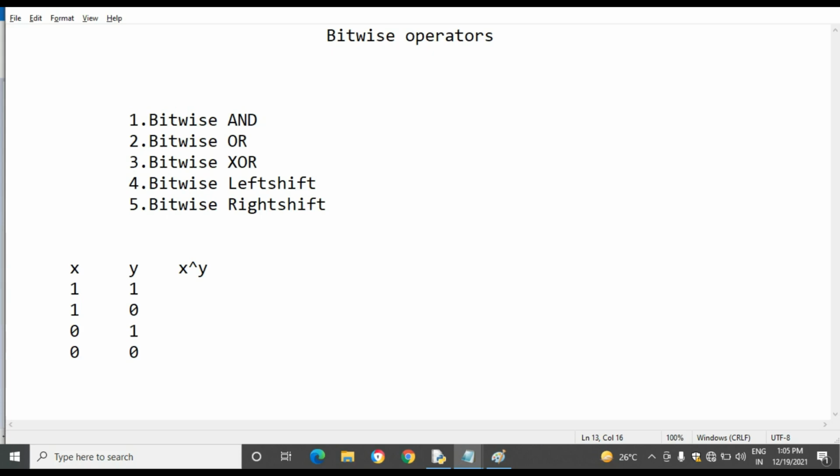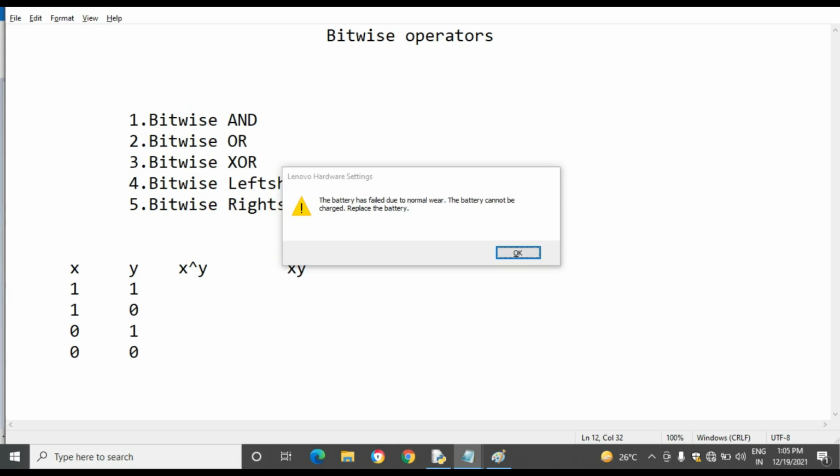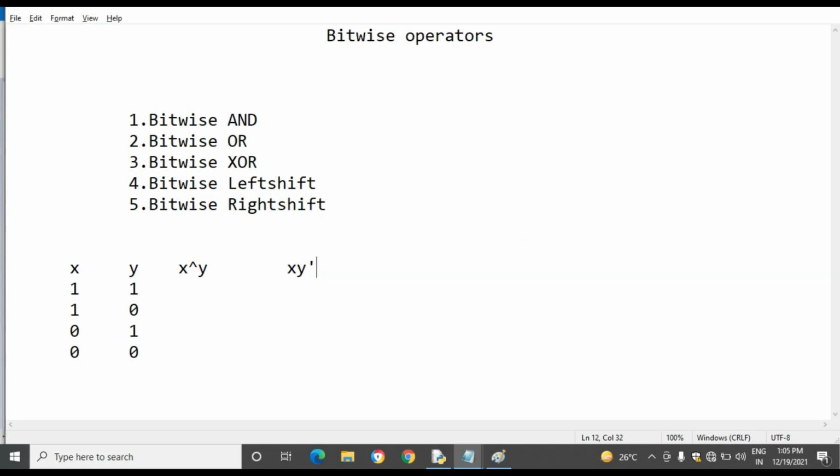To perform the XOR operation we have a formula: x y dash plus y x dash. That means if x is true, that means 1, x dash is 0, the inverse of x. If y is 0, y dash is 1, the inverse of y.